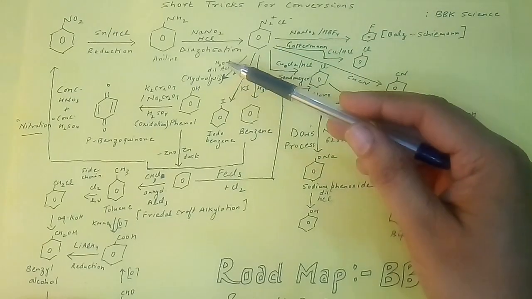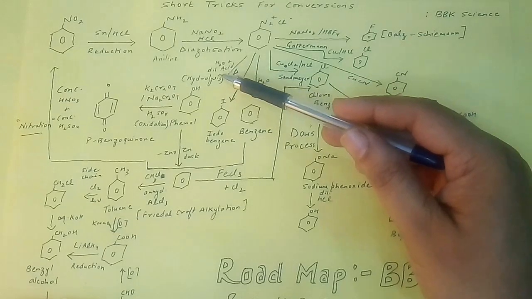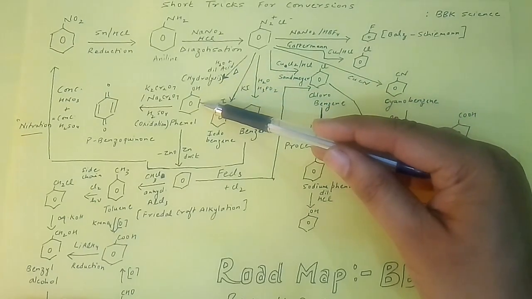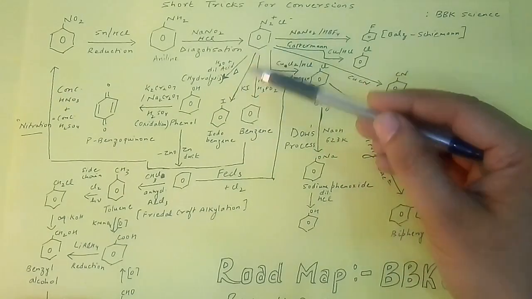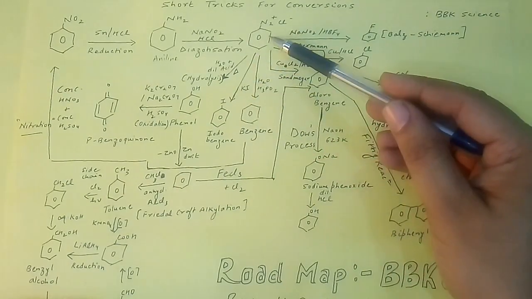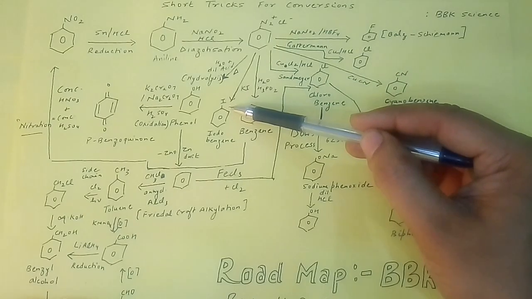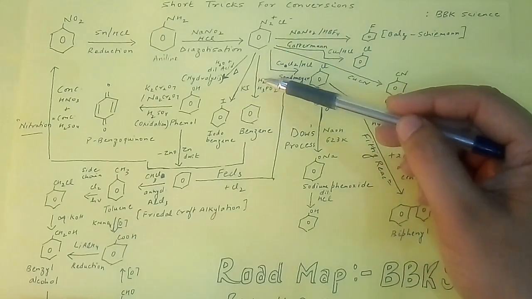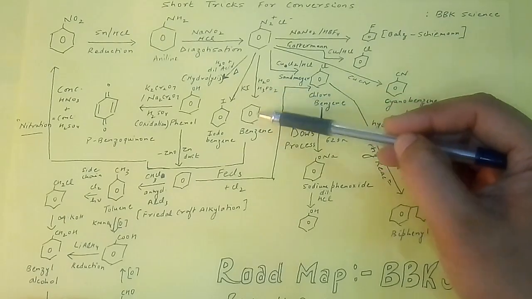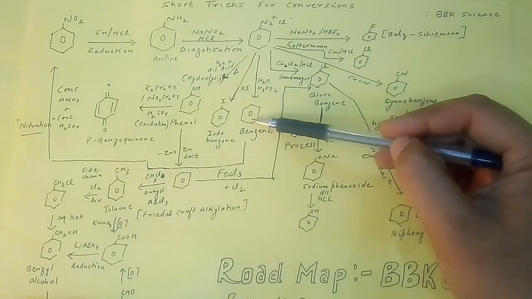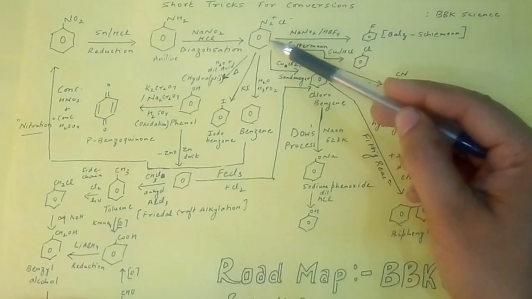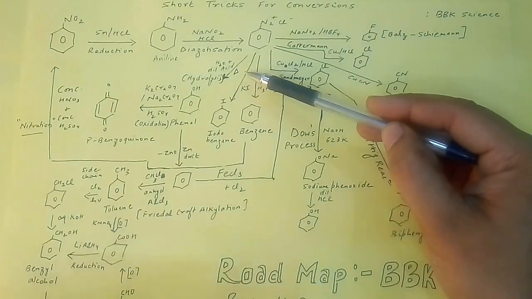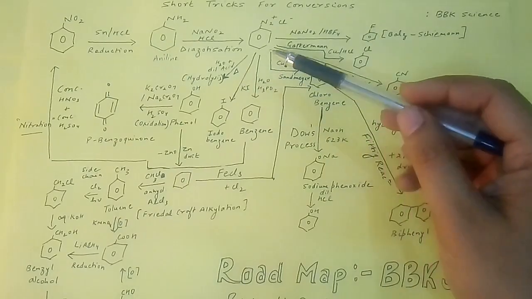For instance, on adding water in presence of dilute acids, that is hydrolysis, we'll get phenol as a product. Similarly, if I add KI, potassium iodide, in benzene diazonium halides, we'll directly get iodobenzene as a product. In the same manner, when I add water in presence of H3PO2, I'll get benzene as a product. So you can see the importance of benzene diazonium halides, that we can get different kind of products by adding different reactants at the very same time.